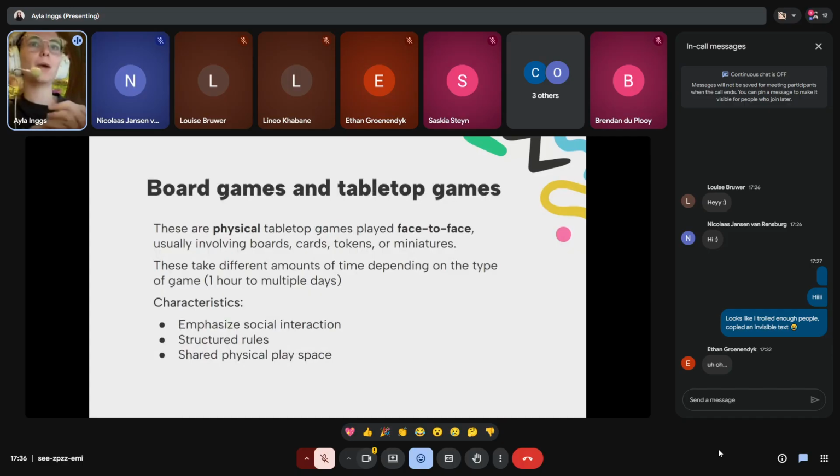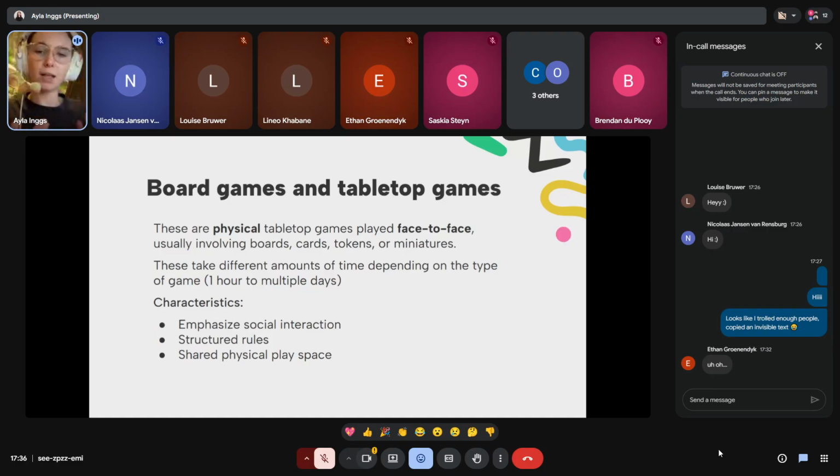When it comes to board games and tabletop games, these are physical games that you play with other people face to face in the same area, and it normally involves a combination of a board, so somewhere where you will put your tokens or your cards. It will include things like tokens and cards, and sometimes miniatures, and it is a combination of those that you put together. So it's not just cards or just mini figurines. It's normally a combination of them, either cards and mini figurines, dice, a board, a whole bunch of different things.